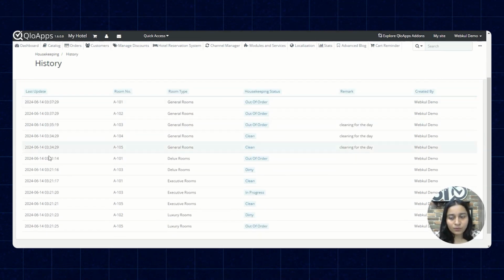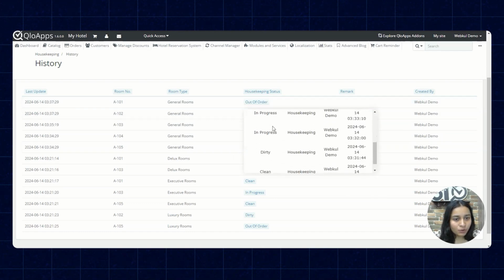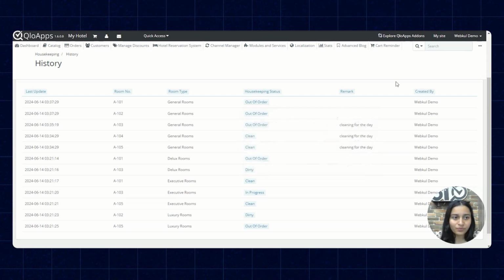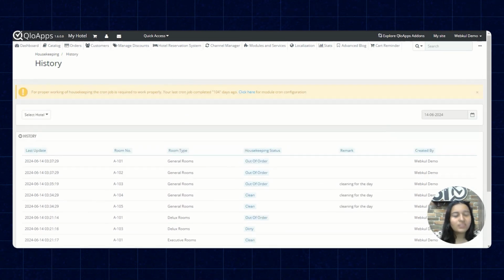So you can see what is the last update date, what is the room number, what is the housekeeping status, what status was updated by whom and at what time. So every data of the housekeeping status as well as their updation and updated name and the name of your employee will be displayed to you. This history tab will help you efficiently manage and record all the data of your housekeeping tasks.